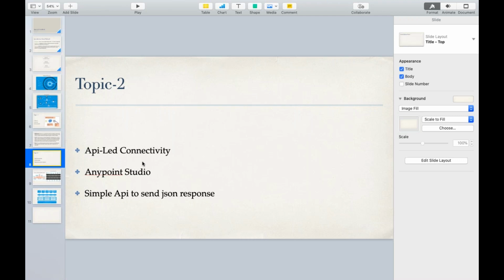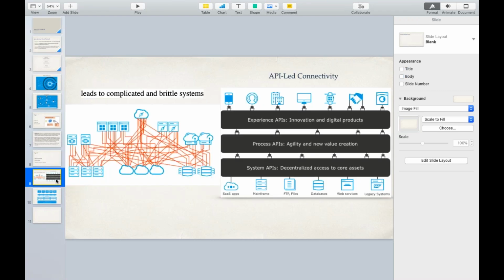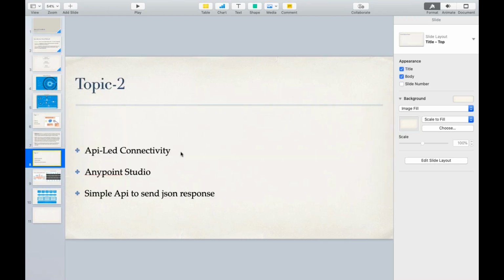We design different APIs, so what architecture do we need to follow? What architectures does Mulesoft follow to segregate these APIs? We'll also see Anypoint Studio, how the studio looks, and design a simple API that takes something as input and sends something as output. These are tomorrow's topics.